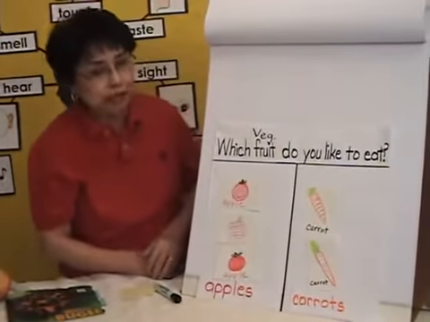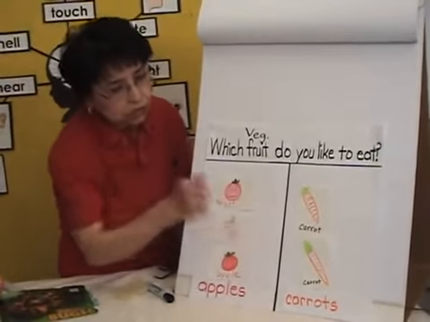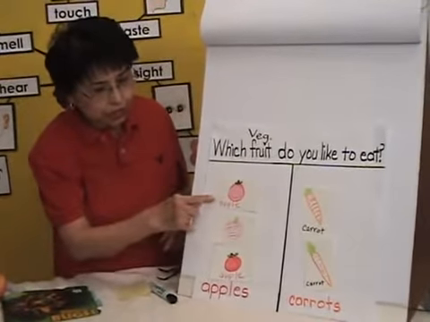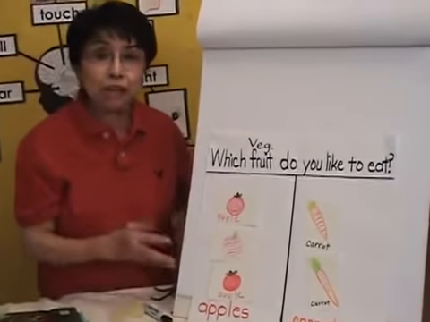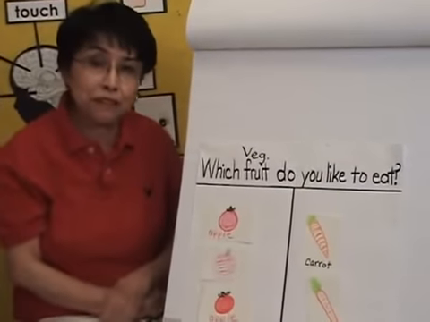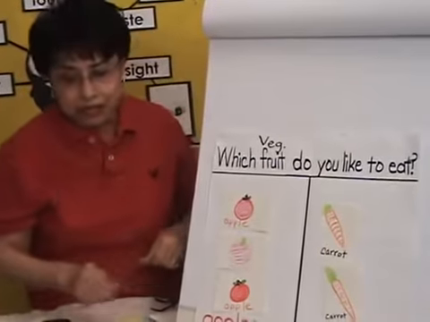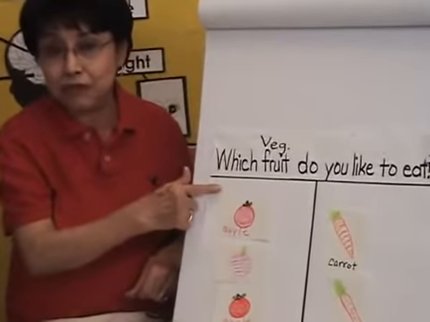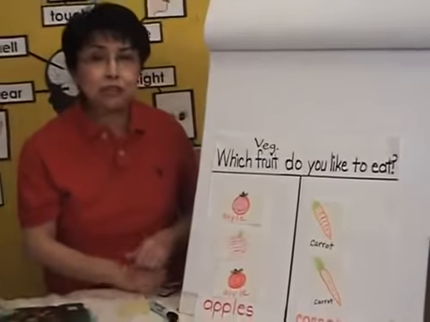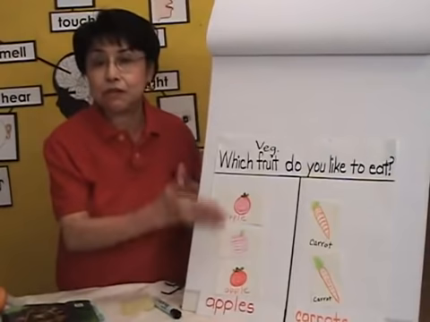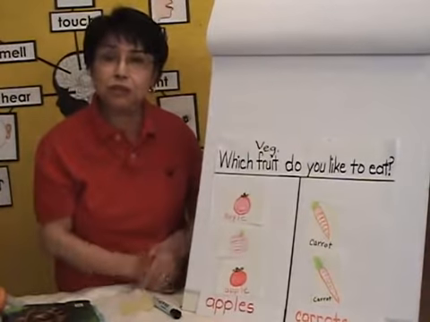So how many carrots do we have so far? 1, 2. How many apples do we have so far? 1, 2, 3. So as you can see, I'm building a graph with their favorite food, either which fruit or vegetable. And at the same time, we're also counting. So for the sake of those children that are still struggling with numbers, this is a great way to continue